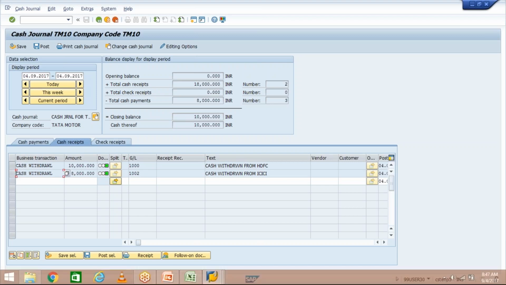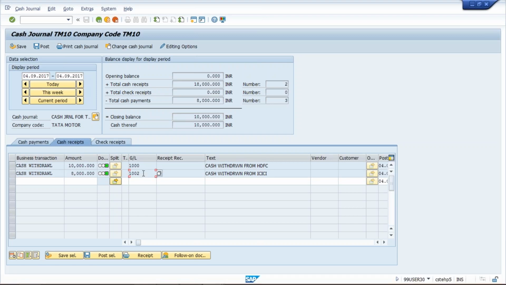So what is happening? If you apply a check mark in account modifiable, then this GL account field is going to be turned into an editable field.